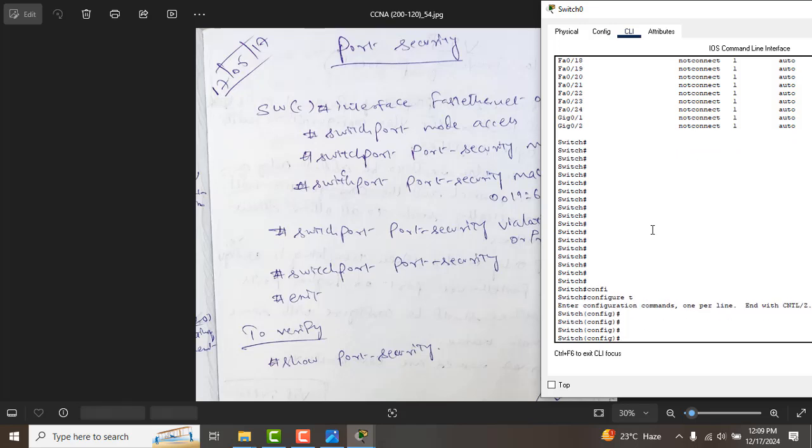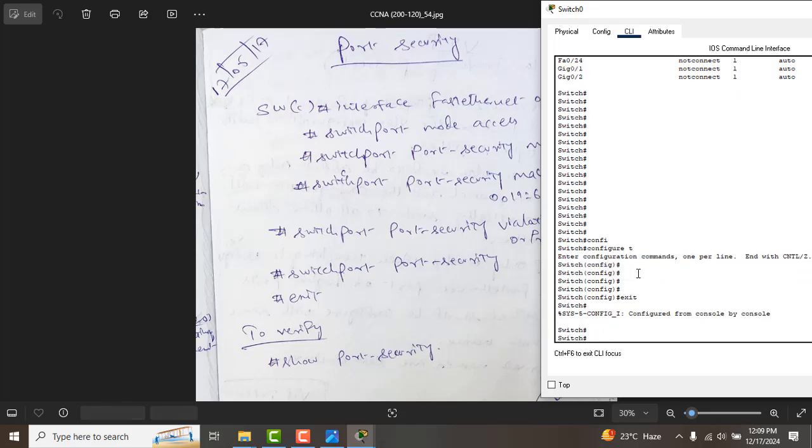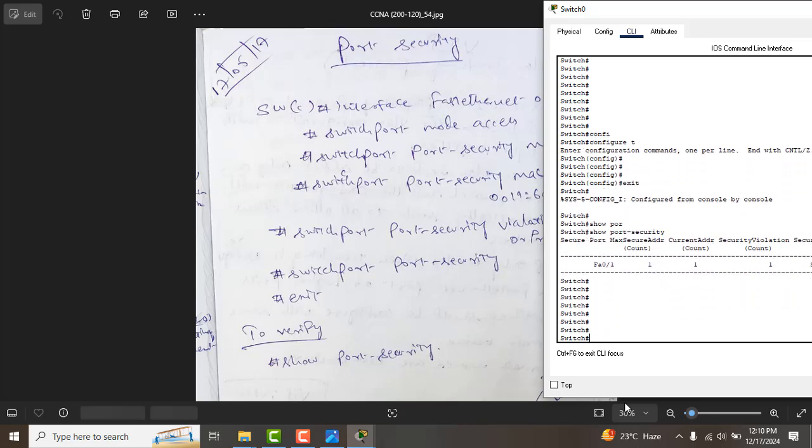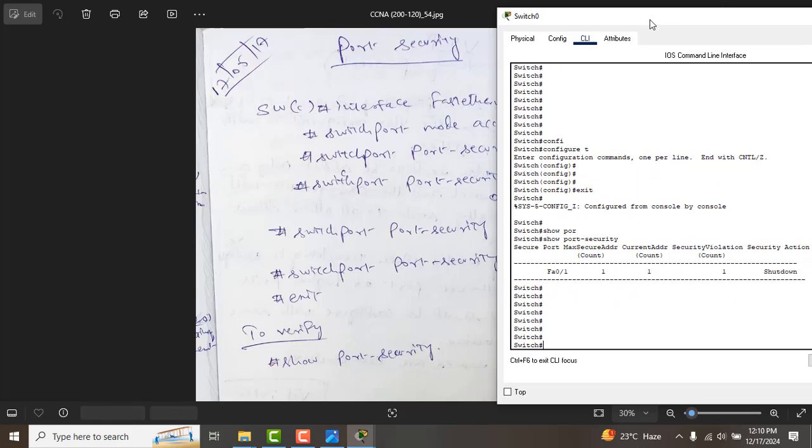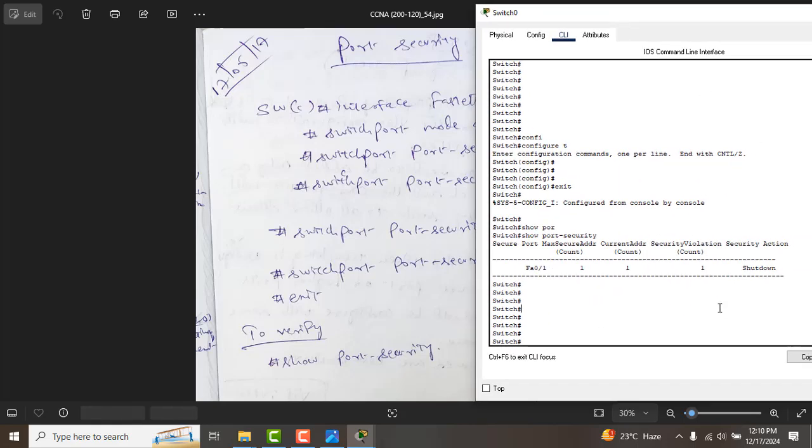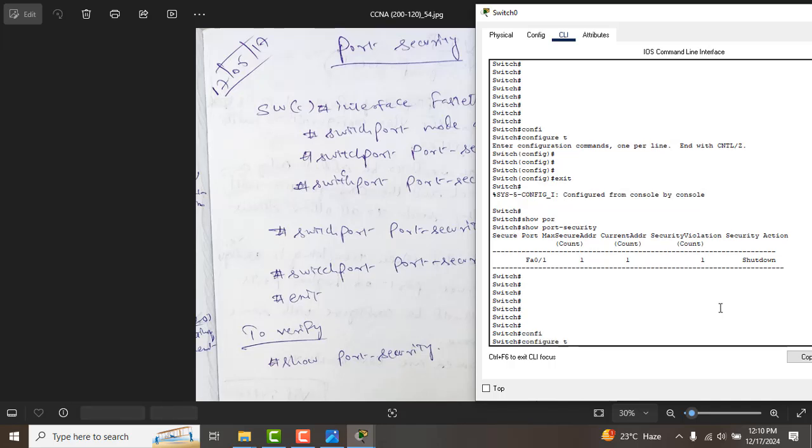Config t. First we'll see the status of the port. Show port security. What is the status showing? It is showing shutdown, right? So we'll make it normal. So config t. What is the syntax? Config t, interface